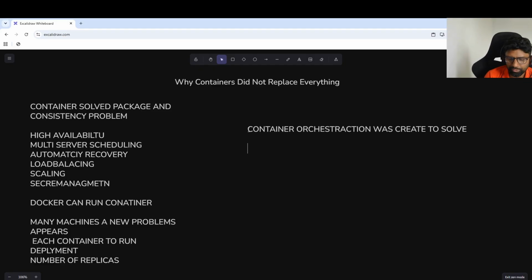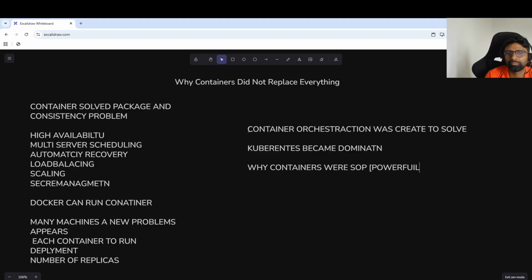And eventually, Kubernetes became the dominant system for that job. But we should not jump there yet. First, we need to experience why containers were so powerful.